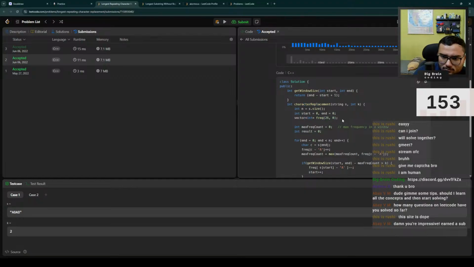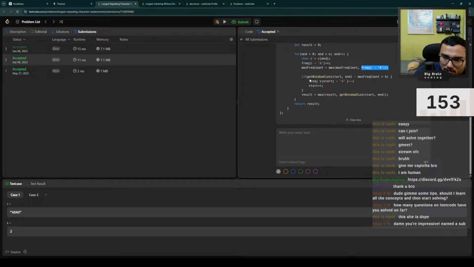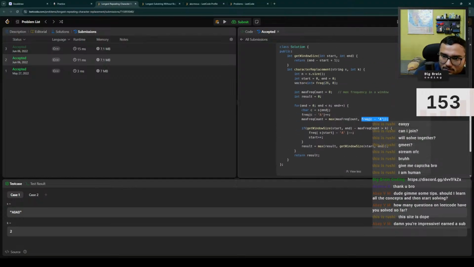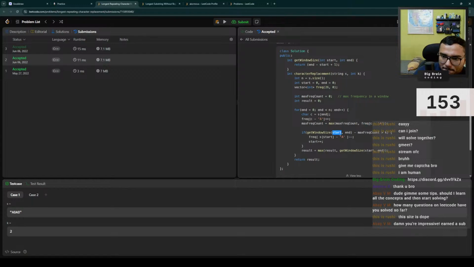Start, end, frequency, max frequency count, result. We move end, increase the frequency, and set max frequency count to the max of max frequency count and the frequency of that letter. Get window size, end minus start plus 1. Okay, window size minus max frequency count is greater than k. Max frequency in a window. If window size minus